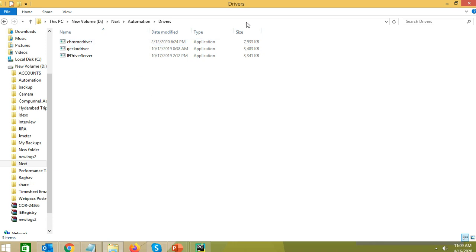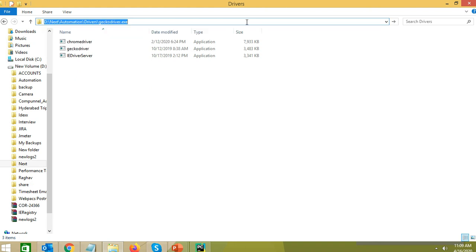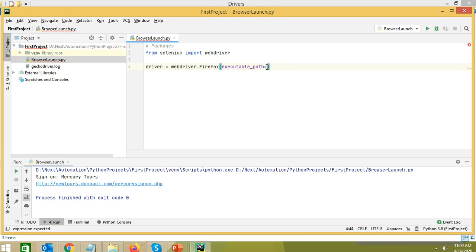To run this test on Firefox, we need to take the path of this exe, copy this and mention it here in the inverted commas, and it's better to mention r. Here r specifies that the value which we have specified is a raw value, so I have specified r.